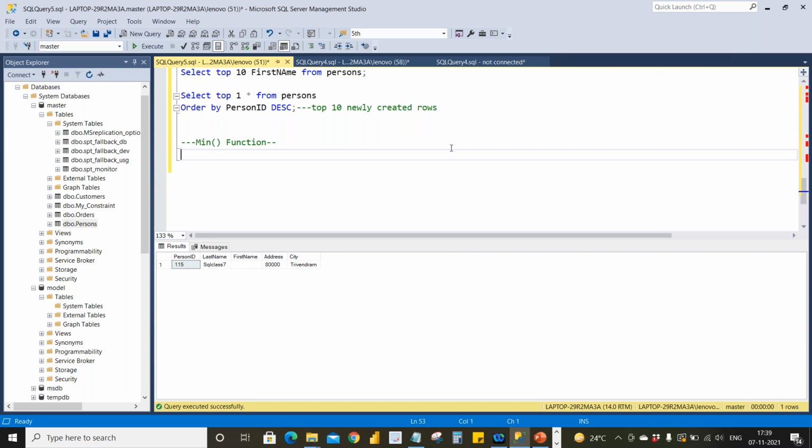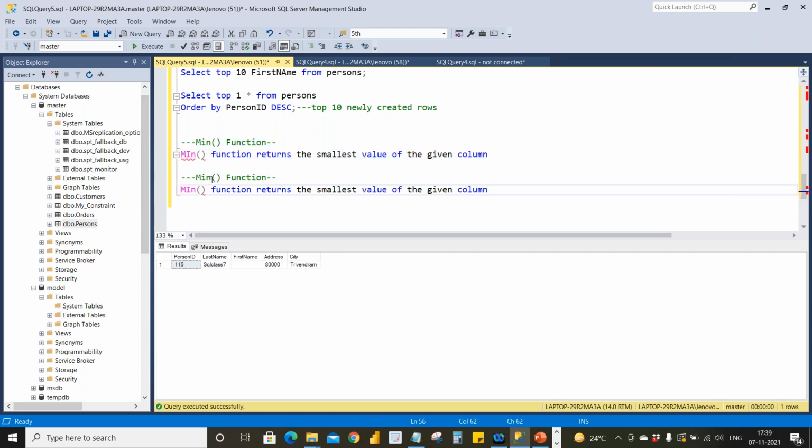Similarly, the minimum function returns the smallest value of the given column, and in the same way, max returns the largest value.